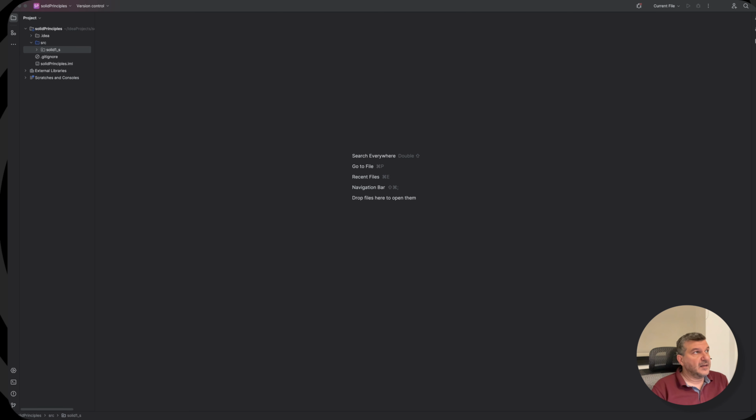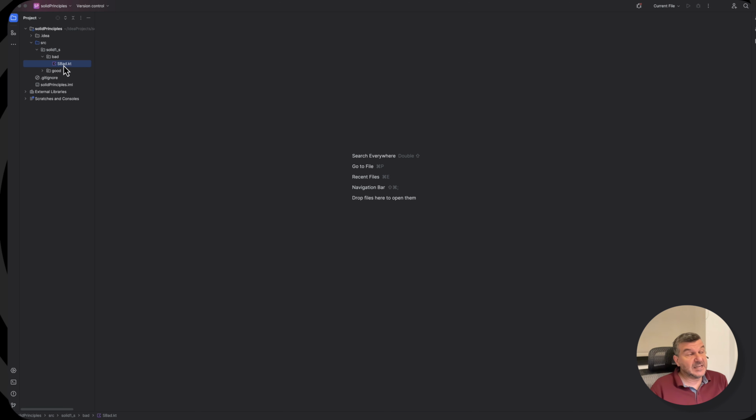I'm using an IntelliJ project where I provide a package for each letter. So this is the S, then there will be a new package for the O and the L and so on. Now, in this, I have two more packages, the bad and the good. The bad is the code snippet that violates each principle, and the good is when we fix that violation. Okay, so here we start with,